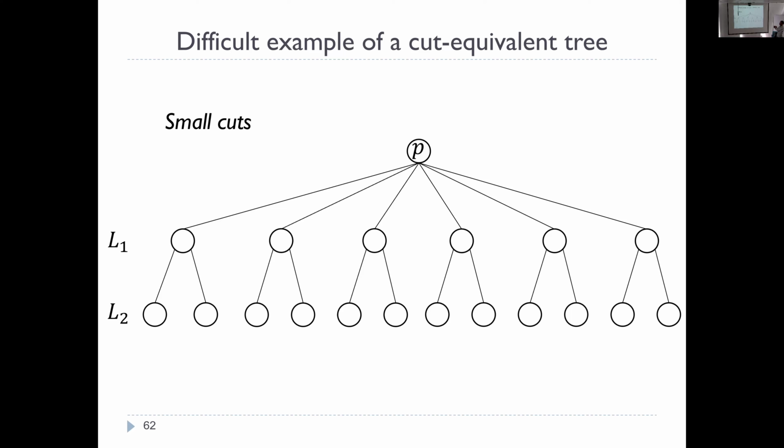All right, so let's go back to that difficult example. Again, we are given a graph, and we have a guarantee that this is how its Gomory-Hu tree looks like. We're given the identity of the pivot P. We're given a list L1 of the children and a list L2 of the grandchildren. Right, these are the guarantees. We know the structure of the tree. We need to unveil the tree, so to speak. We need to know what are the identities of the nodes.